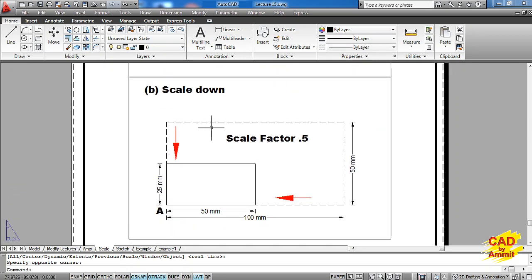Now here, suppose my original rectangle is having a length of 100 millimeters and the breadth of 50 millimeters, and I want to scale it down. I'll keep the scale factor as 0.5.